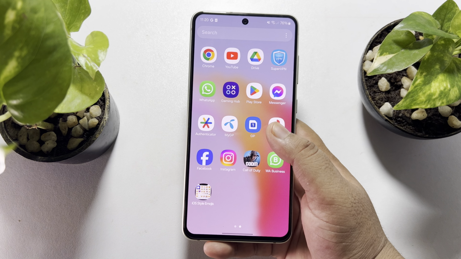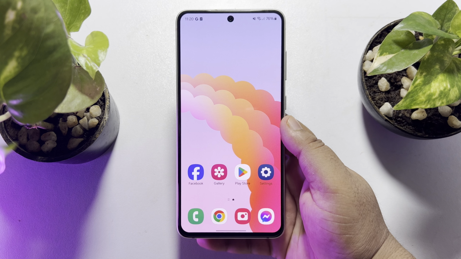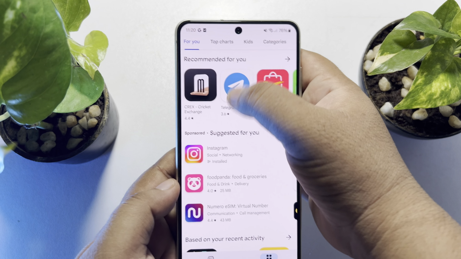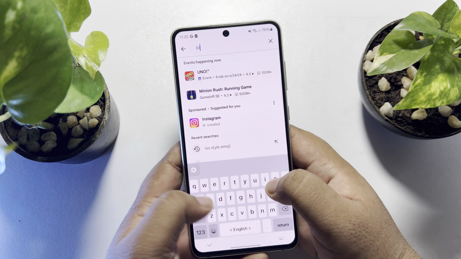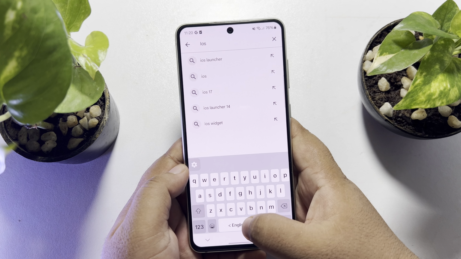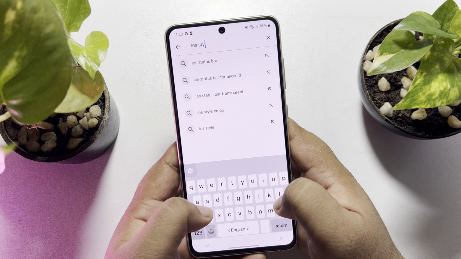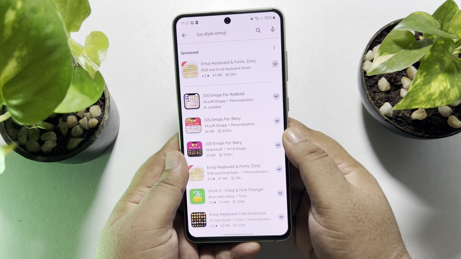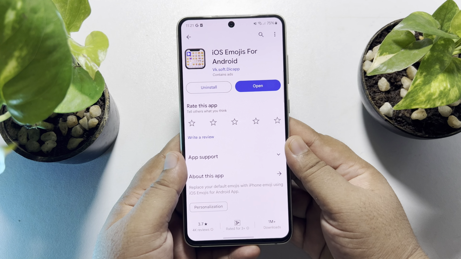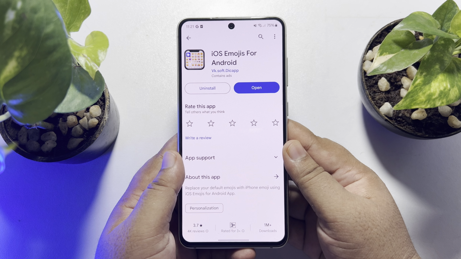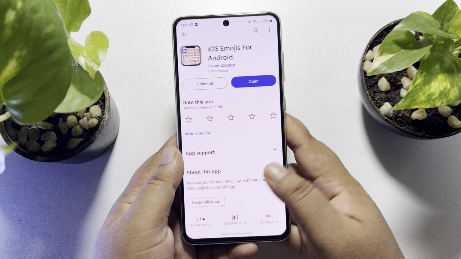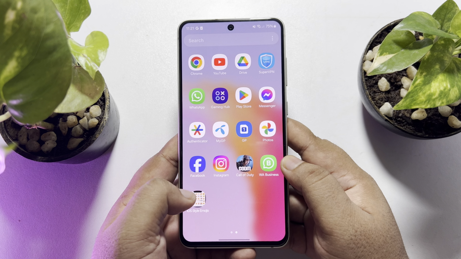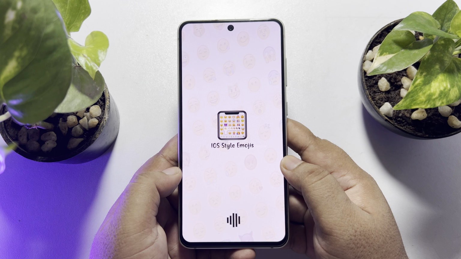First of all, we have to install an app in our phone. So go to your Play Store and search for iOS style emoji, and you have to install this app in your Android phone. iOS emojis for Android. Once the app is successfully installed, now go ahead and open the app, and